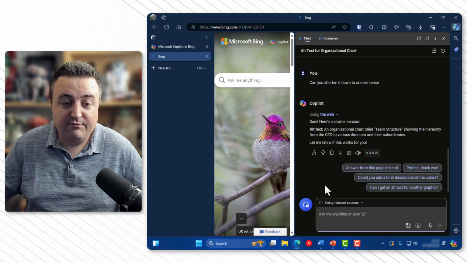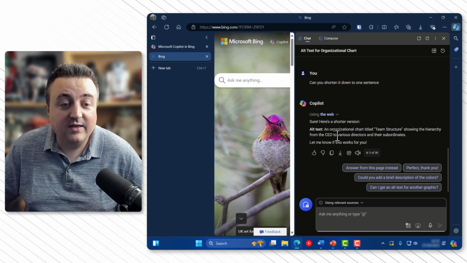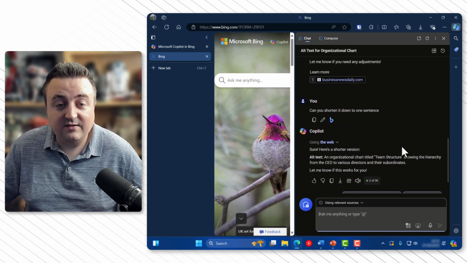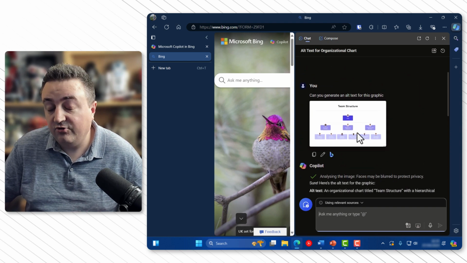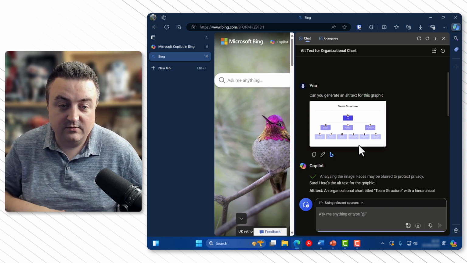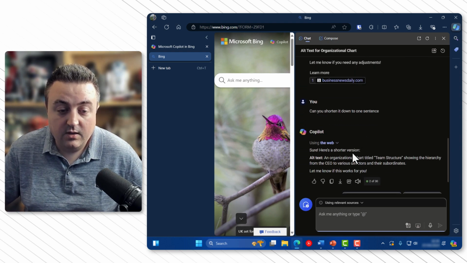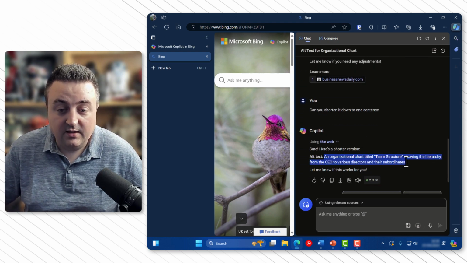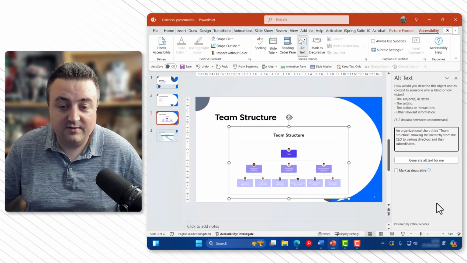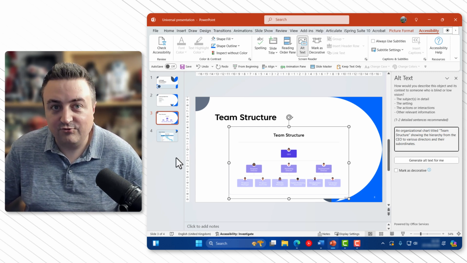Okay, so here we have an organizational chart called Team Structure, showing the hierarchy from the CEO to various directors and their subordinates. So depending on how long or how detailed you want your alternative text to be, you can basically tell it how much detail to give you. But I would recommend not having it too complicated. So all we do is simply copy the text back into PowerPoint, and we will paste our alternative text in there, and that's our first one done.